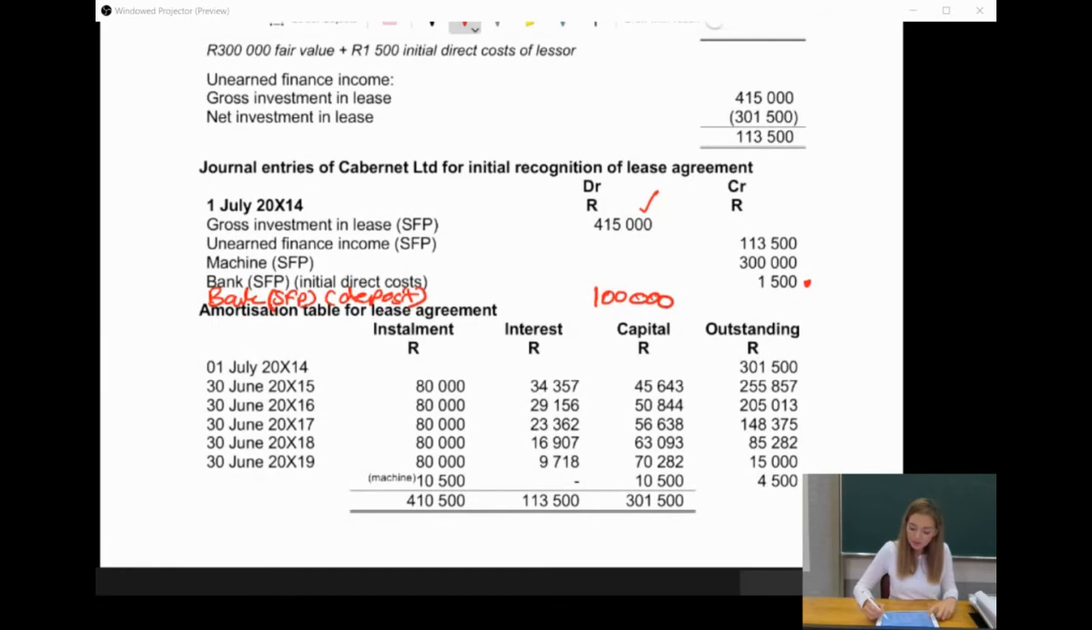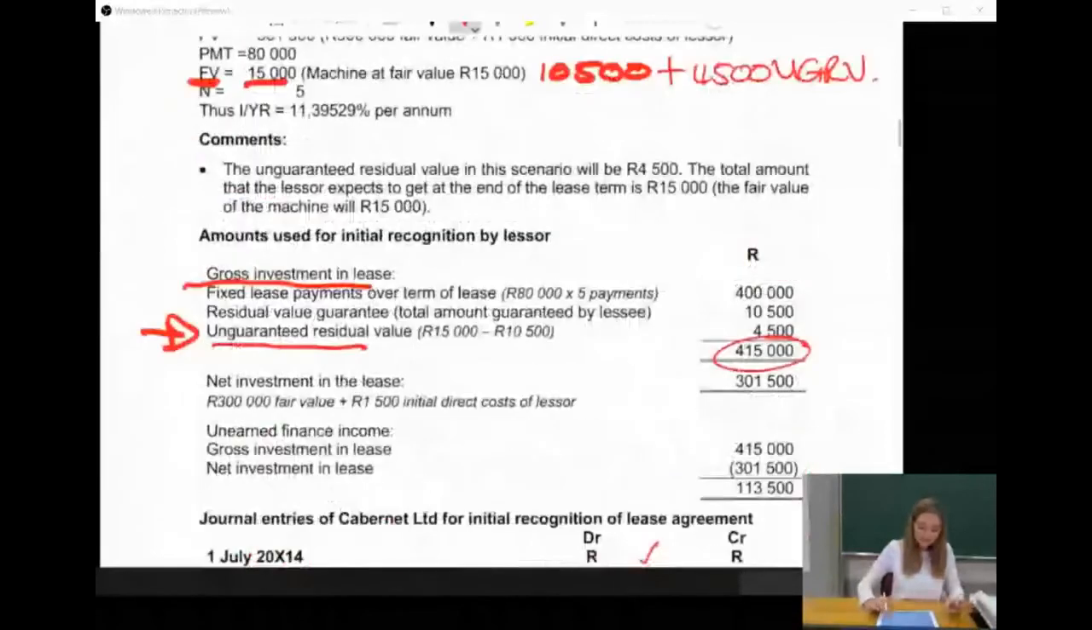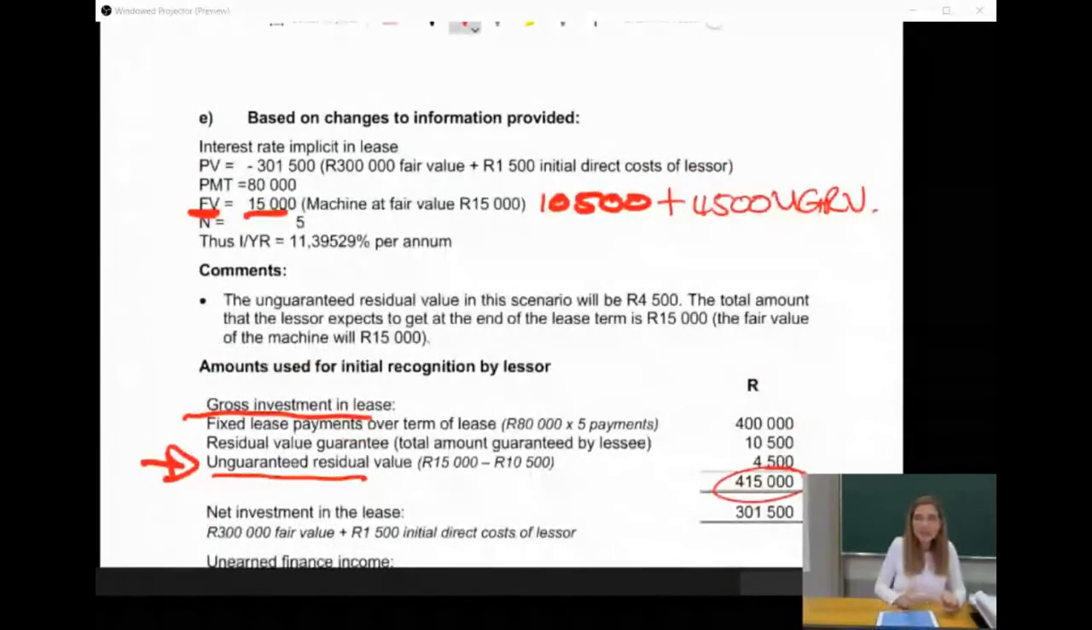The fair value of the machine and the value at which I de-recognize that, it will stay the same. This is still my initial costs. So now what's going to change is this amount is going to change. The unearned finance income amount is going to change. Because think about it now, like we said, the interest rate implicit in the lease is like the rate of return for the